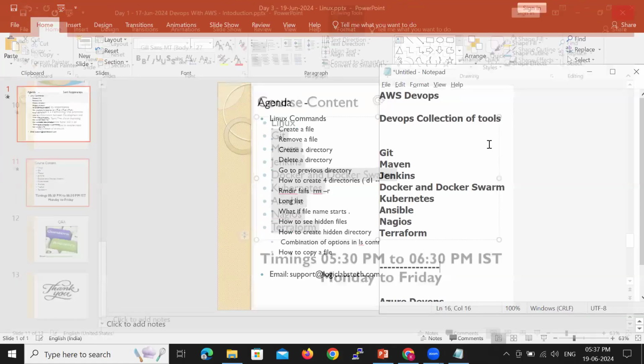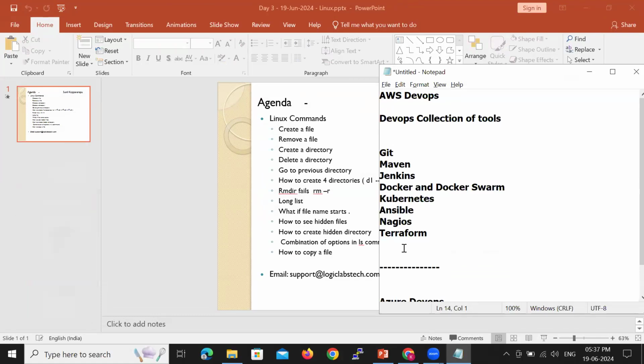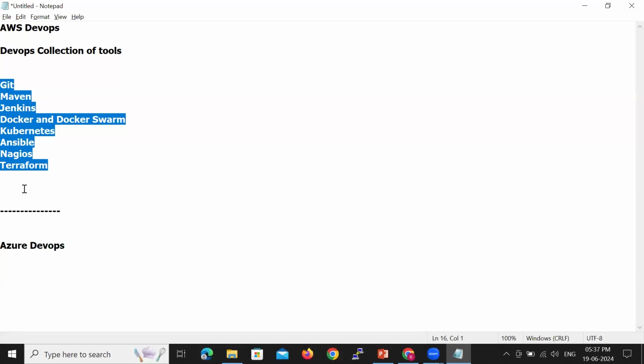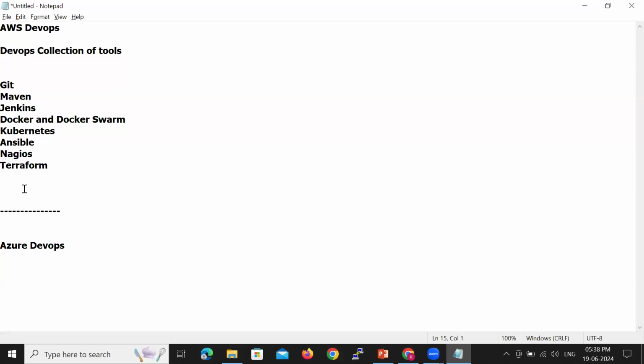Okay. I have one question for you. All these tools, do we learn practically or theory? Do we learn practicals, or do we just learn theory about it? Practical. Practicals, am I right? Yes. We'll be installing these tools and we'll be executing these tools. We'll understand what is the work done by these tools. Agree? Yeah, I agree. On which platform will we be installing all these tools in our course? Yeah, now we are doing it through AWS. Not only now, for the rest of the course, 40 days or 45 days, all these tools we'll be installing on AWS. Agree?